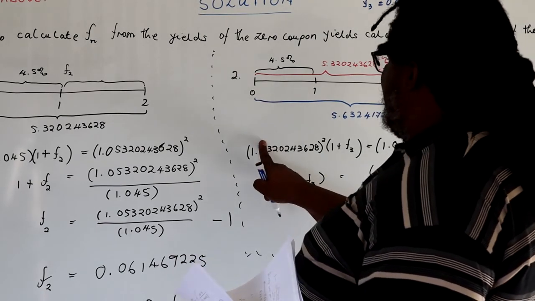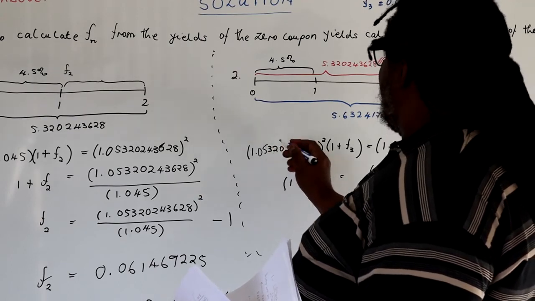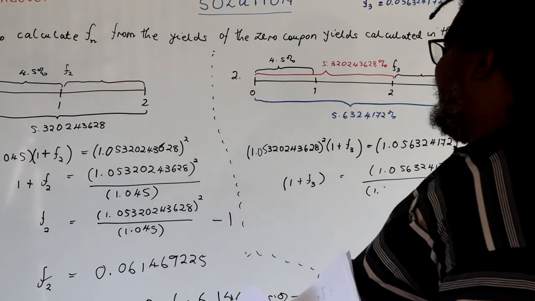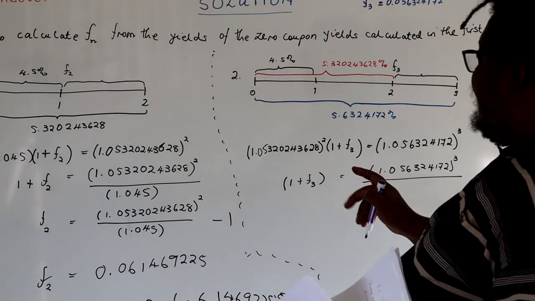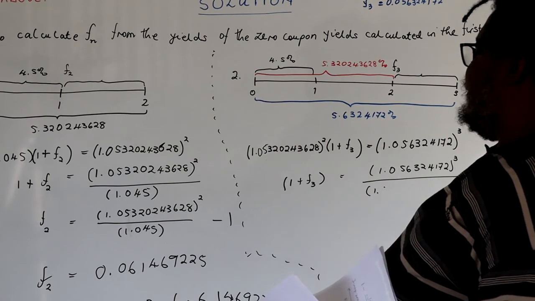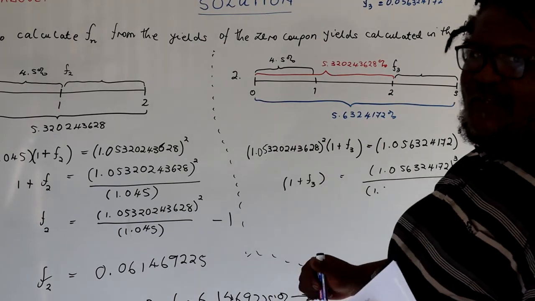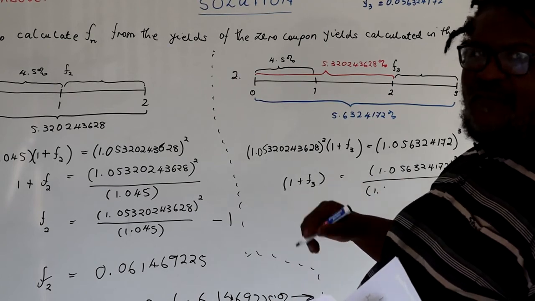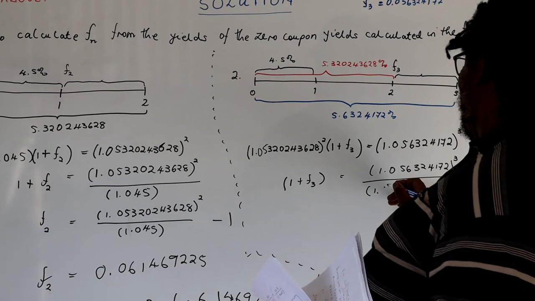This should be 0.5, not 1.5. 0.5, because it's 5%. So those are some of the silly mistakes that can happen in an exam. You will watch fat fingers. Even in the banking industry it happens. Where you are supposed to pay $1 million, you pay billions. So here it's